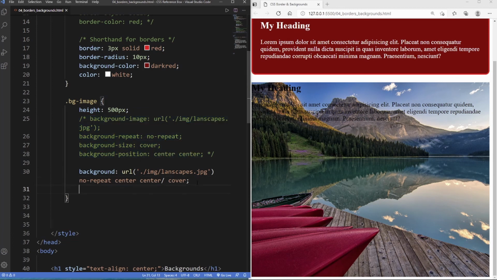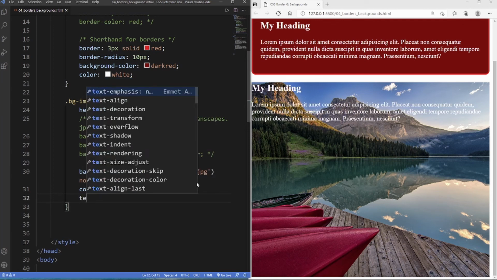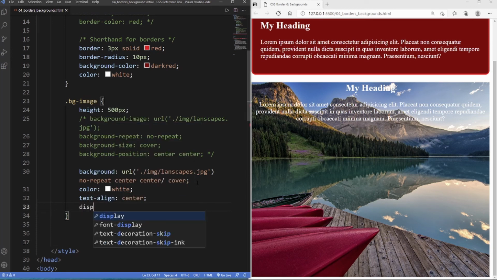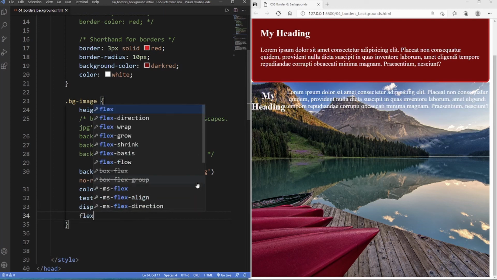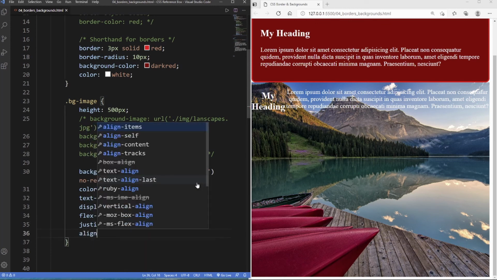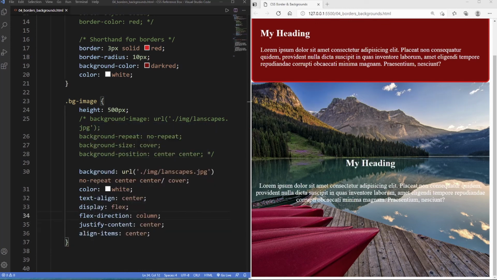Now what we can do from here is change the color of our text, so we'll say color white and text align center. And if you're familiar with Flexbox, we can center this directly in the middle, so we'll just say display flex, flex direction column, and then justify content center, align items center. And you can see how nice you can make elements look using the background property. But that'll be it for